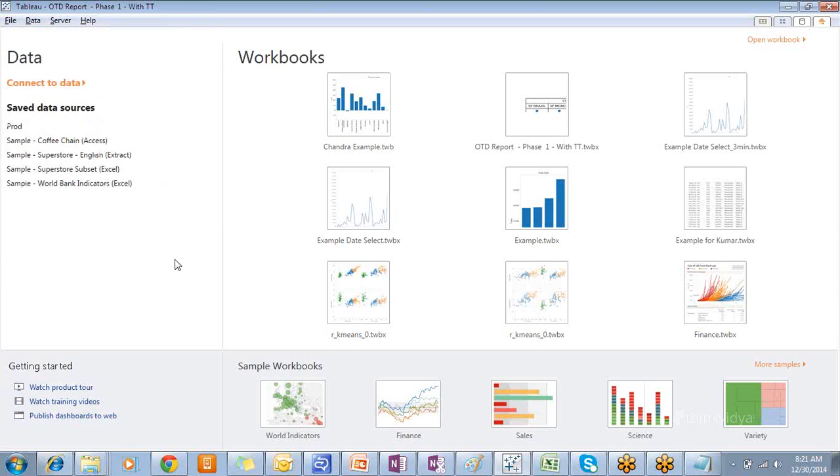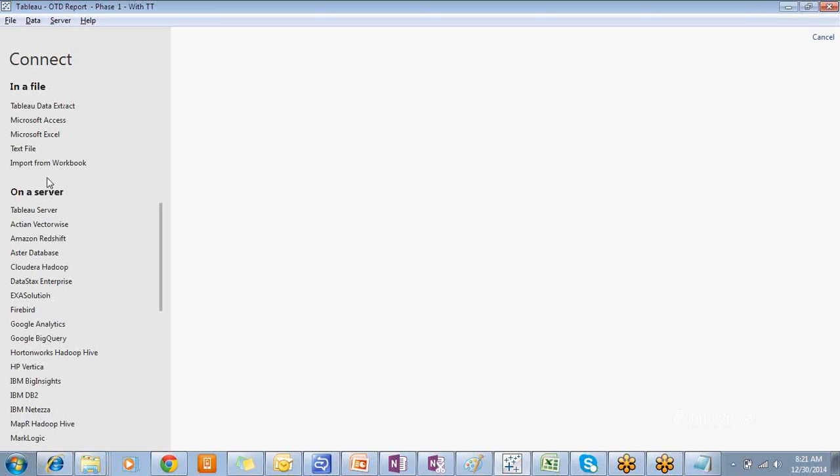Okay, so once you hit on connect data, this will take you to the various sources of data. Okay, so you know, right? So where we get data, data can be a file, which is an Excel, or it can be an Access database, or it can be a text file sometimes. And if the data is more and it's been maintained in servers, then